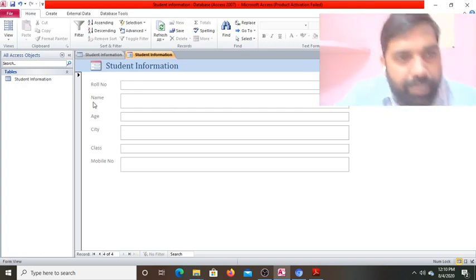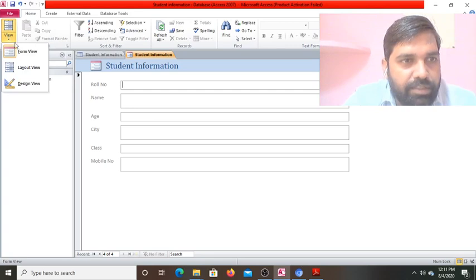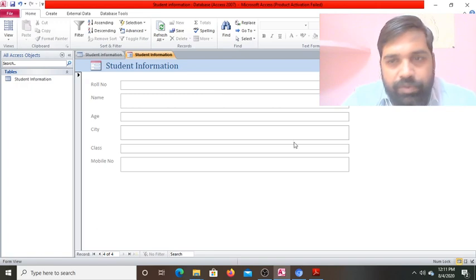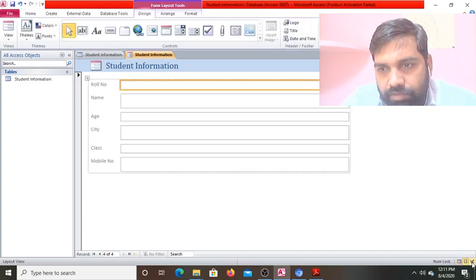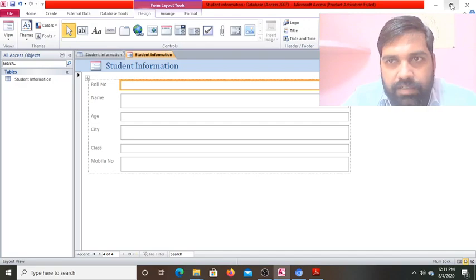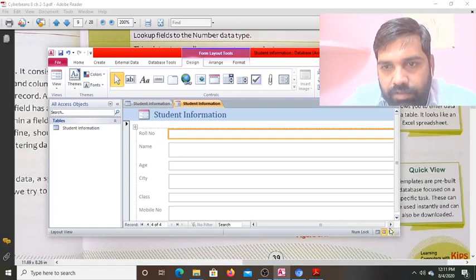So when again you open, you will see when we are going to open this view in the datasheet view table. You see here is the form view, layout view, and design view. Now when we move it to another view, here you see the form view is there, layout view is there. So you select all views here. You need to select the design view, layout view, form view.